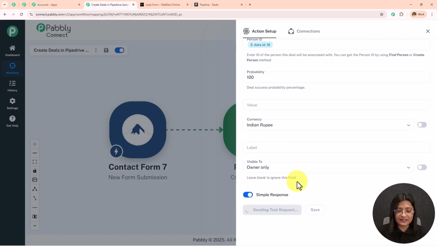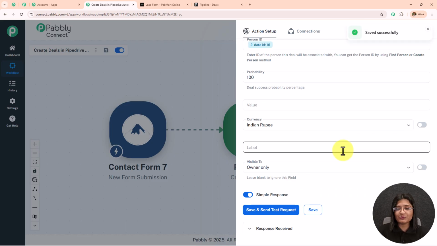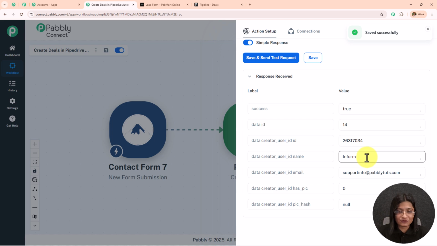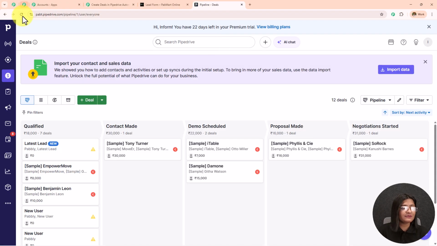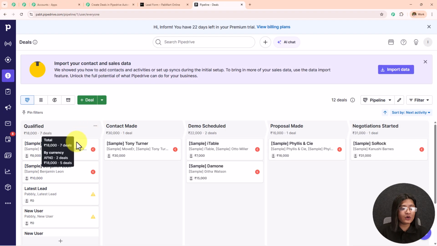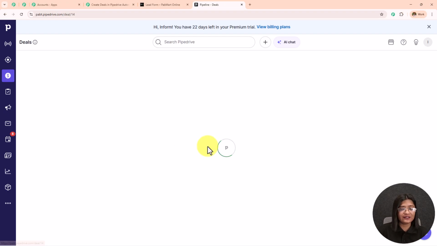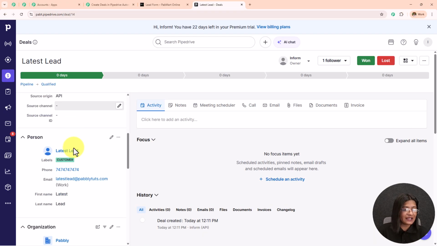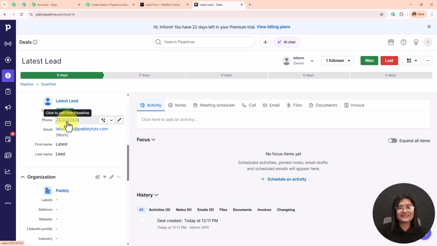I'm going to click on save and send test request. Let's wait for the response. And here we have received the response. I'm going to open my Pipedrive and check whether a deal has been created there or not. So this is my Pipedrive. I'm going to first refresh this once. And under the organization Pabbly, we have created this latest lead, and if I scroll down, you can see all the details are added here. Phone number is this, email address is